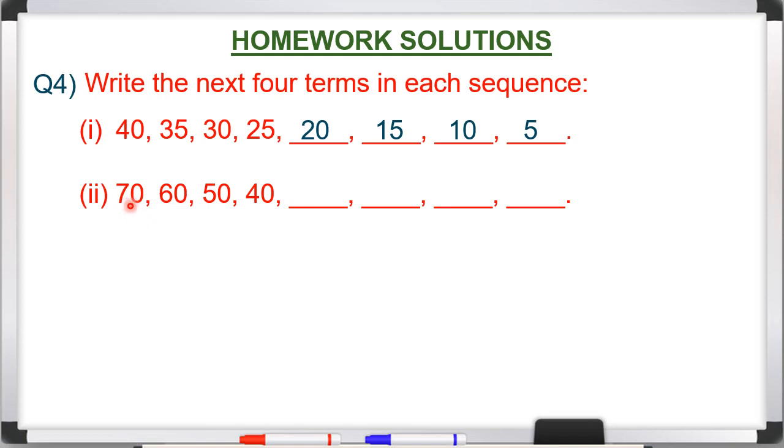Now we will subtract 10 from each number. 70 minus 10 60, 60 minus 10 50, 50 minus 10 40, 40 minus 10 30, 30 minus 10 20, 20 minus 10 10, 10 minus 10 0. Clear? Now in part 3,